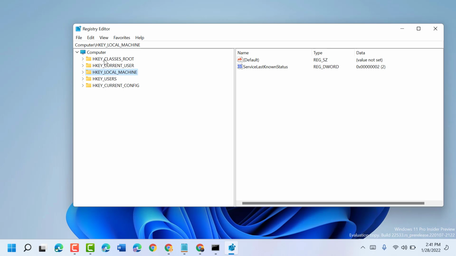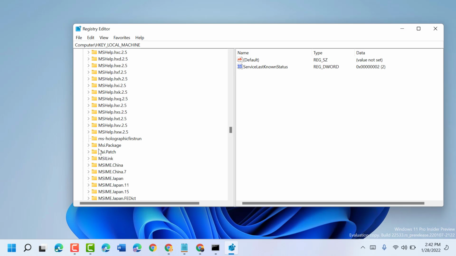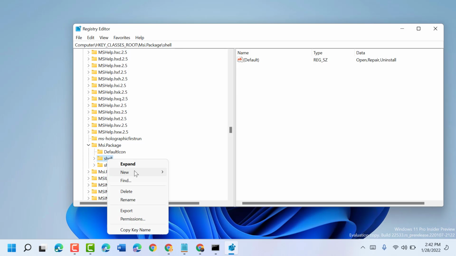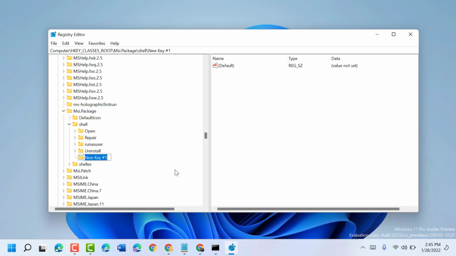Firstly, expand HKEY_CLASSES_ROOT. Now in this list guys, you have to find msi.package, this one, msi.package. Expand it. Now right click on Shell and select New and Key, type runas